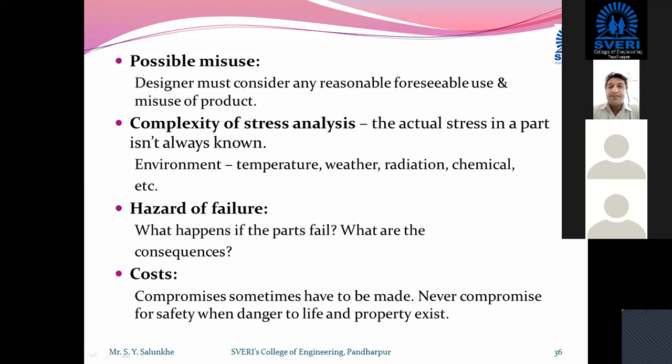Another example is the components which are used in chemical factories. With some chemicals, very high rusting takes place, or the corrosion rate is very high while you are handling that type of chemical. In the case of petroleum industries, we have to use a different type of factor of safety, or a higher factor of safety.